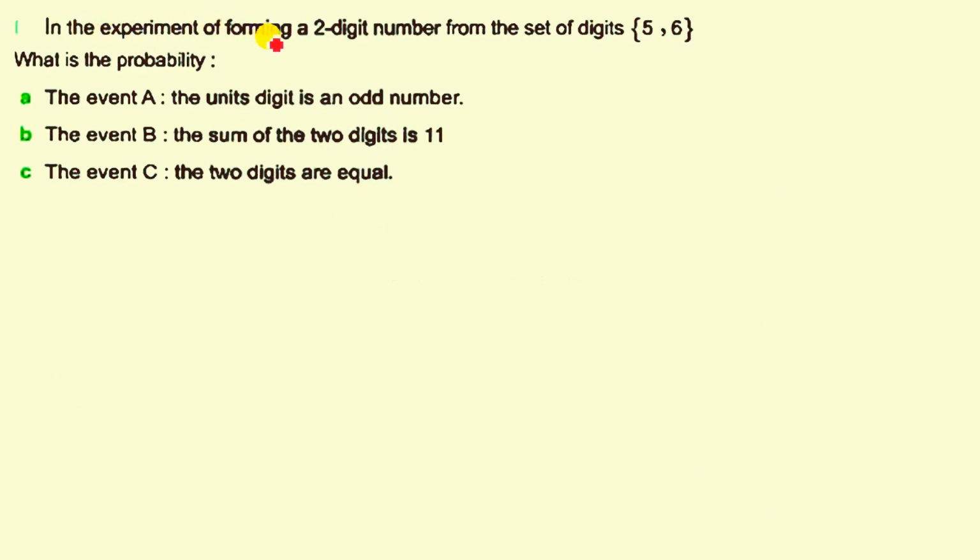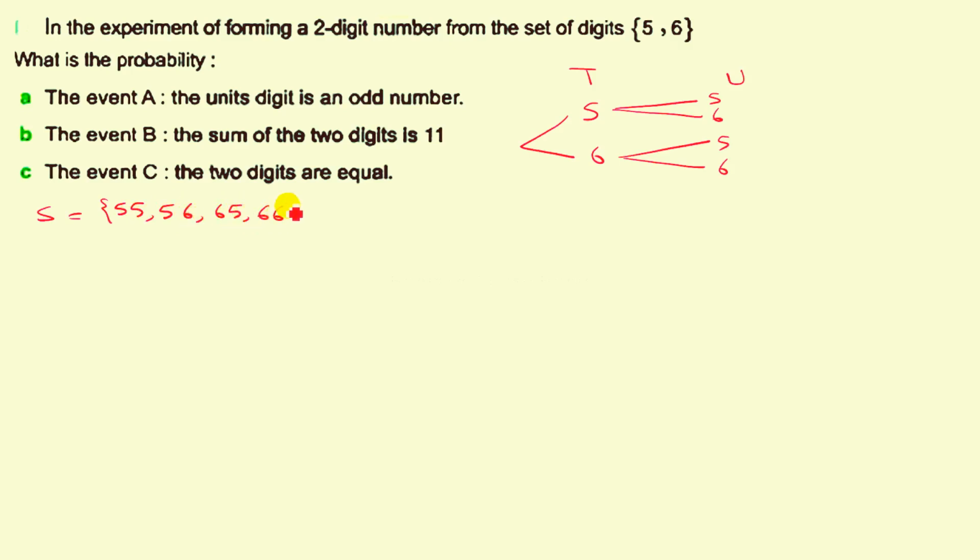In the experiment of forming a 2-digit number from the set of digits 5, 6, what is the probability؟ تعال نكتب السامبل سبيس. طبعا number formed from 2 digits يبقى فيه tens and units. Tree diagram هنا 5 or 6 the tens، الunits 5 6، هنا الunits 5 6. يبقى السامبل سبيس عندنا 55 56